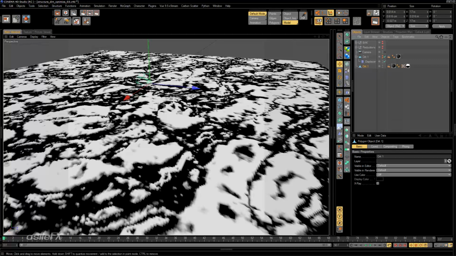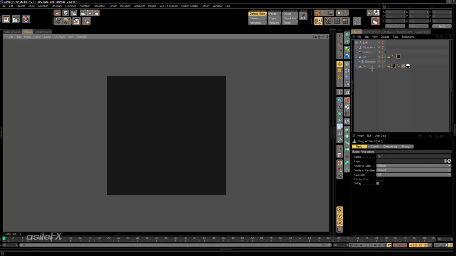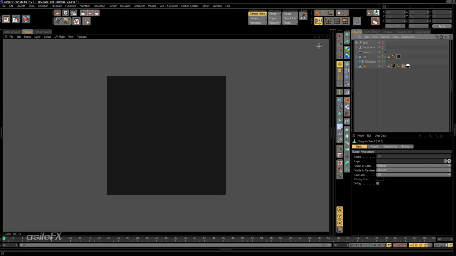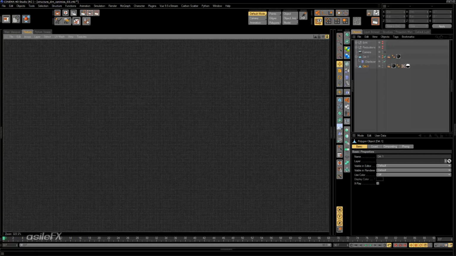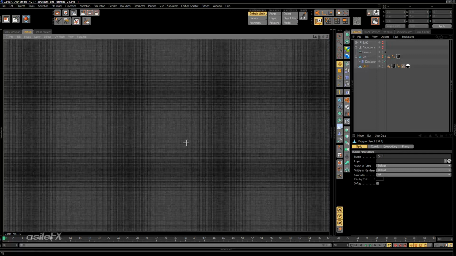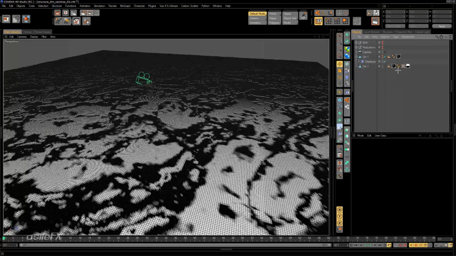In this case, this was originally created from a plane, so the UV map is set up evenly. If we take a look, it's a very tight grid. Looking at it from here, you zoom in, and there's no distortion of that map. So what we can do